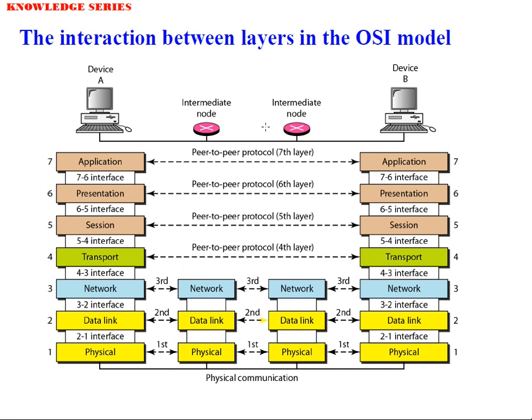The intermediate node means your network is not just a connection from one device to another device. It is connected through various network nodes. So we feel that it is a simple wire through which this communication takes place. Of course, it is a simple communication between these two, but behind that it follows all these activities, that is, the application layers.